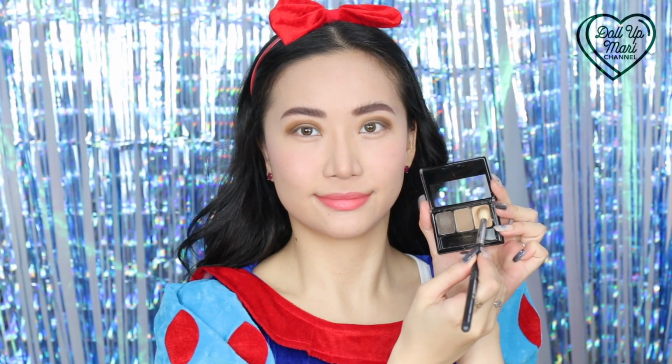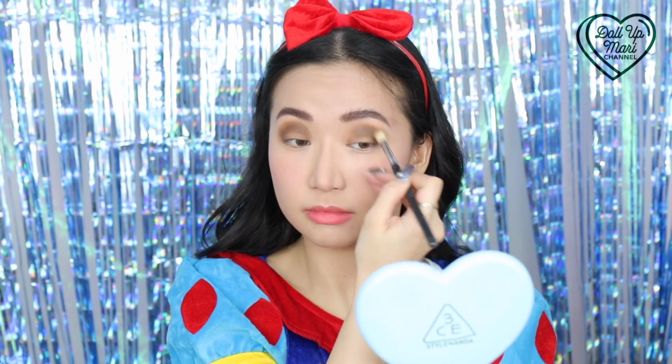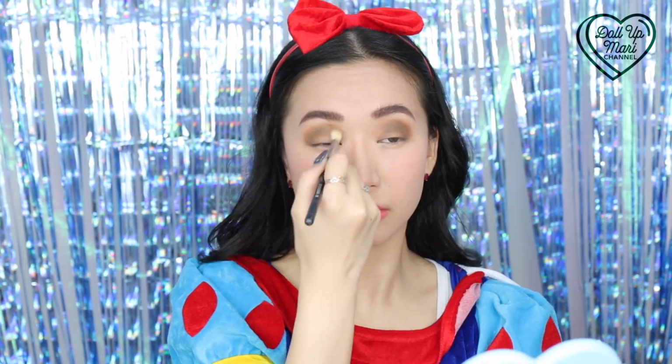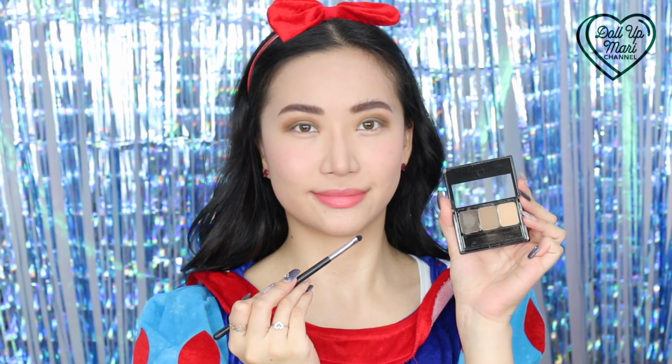at the same time. This time, using a long fluffy brush, I'm taking the light eyebrow powder to further buff out the dark eyebrow powder I had just applied. I'll be applying this light eyebrow powder a little bit above the part where the dark powder ends so that there can be a smooth gradation. Now, using a small smudge brush, I'm applying the dark eyebrow powder onto the outer half of my lower lash